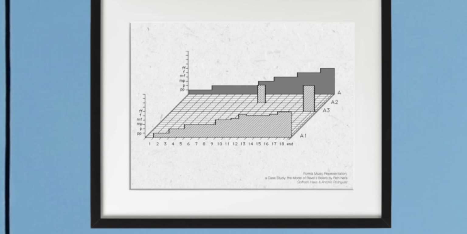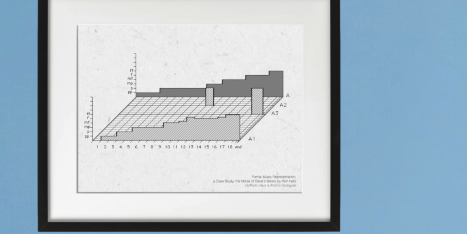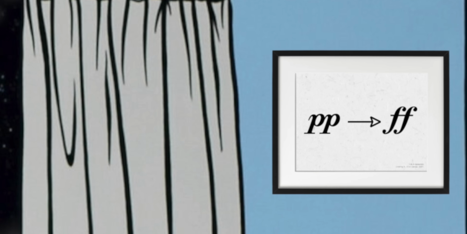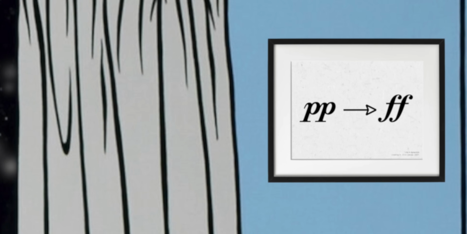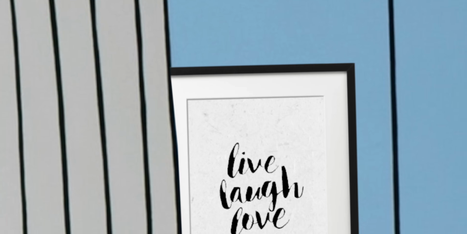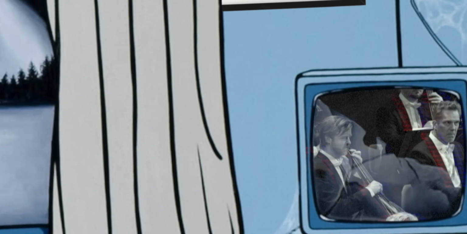The obvious way to do this, of course, is with dynamics, but even with the multiple gradations between the quietest dynamic, pianissimo, and the loudest, fortissimo, there isn't enough variation in these to sustain a crescendo over a long period of time. So, to realise his plan, Ravel combined alterations in dynamics with alterations in orchestration. Just listen to the music here. The tenor saxophone is about to finish its minor melody, and after this, oboes and cor anglais will join the pizzicato strings in playing the harmonic ostinato.